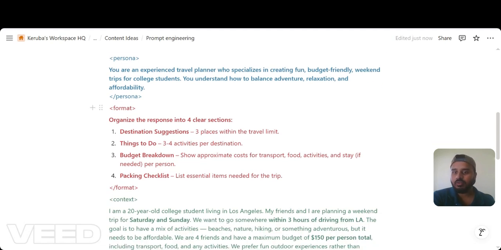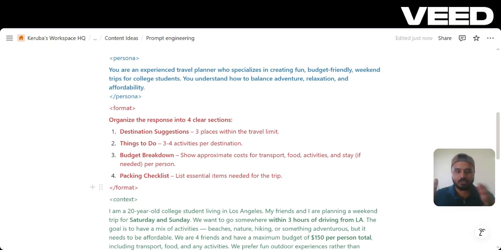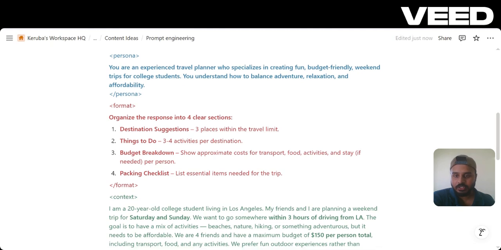And next goes the format. Did you see the format? I opened it here, I closed the format here. It is also better because if we segment it, ChatGPT can understand it better. We are not going to type everything in one paragraph and hit enter. If we give it section by section, it works better. And the format is how we want it to be, like three places, things to do, budget.